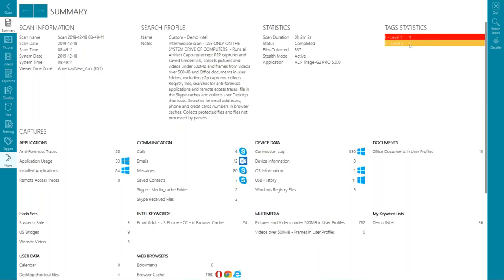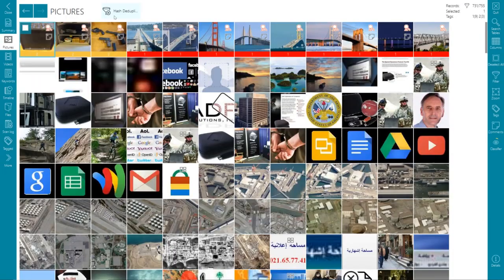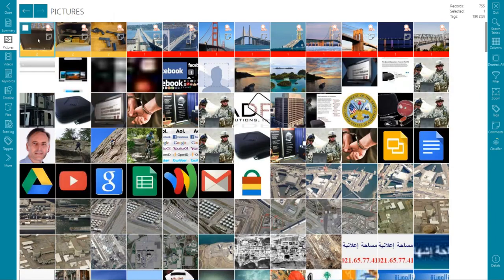So 9 and 2, I've got my tags. Let me go into my pictures. One of the things we do is deduplicate images. So you can see up here that filter's on. I'm going to turn that off for right now. You can see up on top, it brought in the 3 pictures that I tagged at level 2 and the 9 images of the bridges.